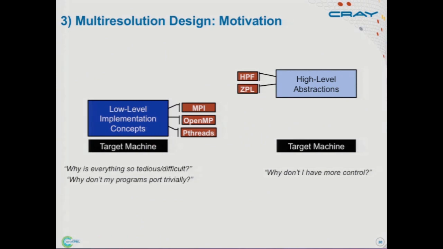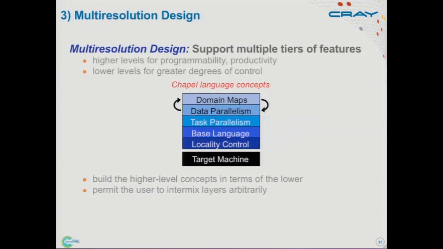But they sort of stranded you away from the machine. If the abstractions failed you, there was no recourse, no manual override you could use to get down close to the machine and control things more explicitly yourself. Or I should say that it's not that there weren't any ways to get down lower, but they felt very restricted and very much like you were escaping the language. So at some point I say, well, why don't I have more control? Once my program doesn't fit that idiom, why can't I just drop down lower? And so this motivates this multi-resolution design concept we talk about.